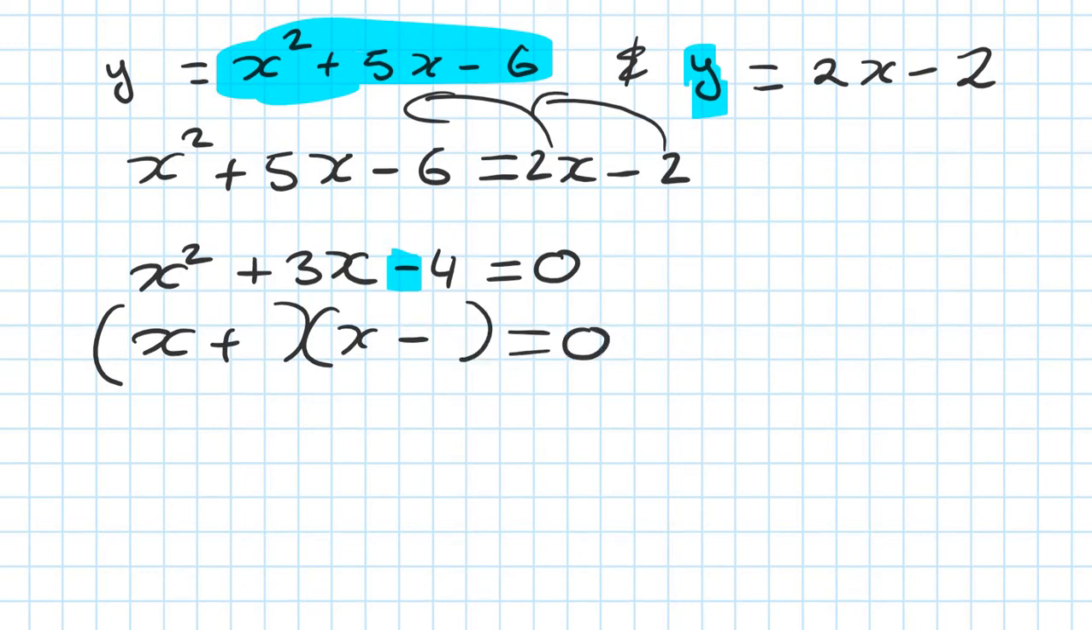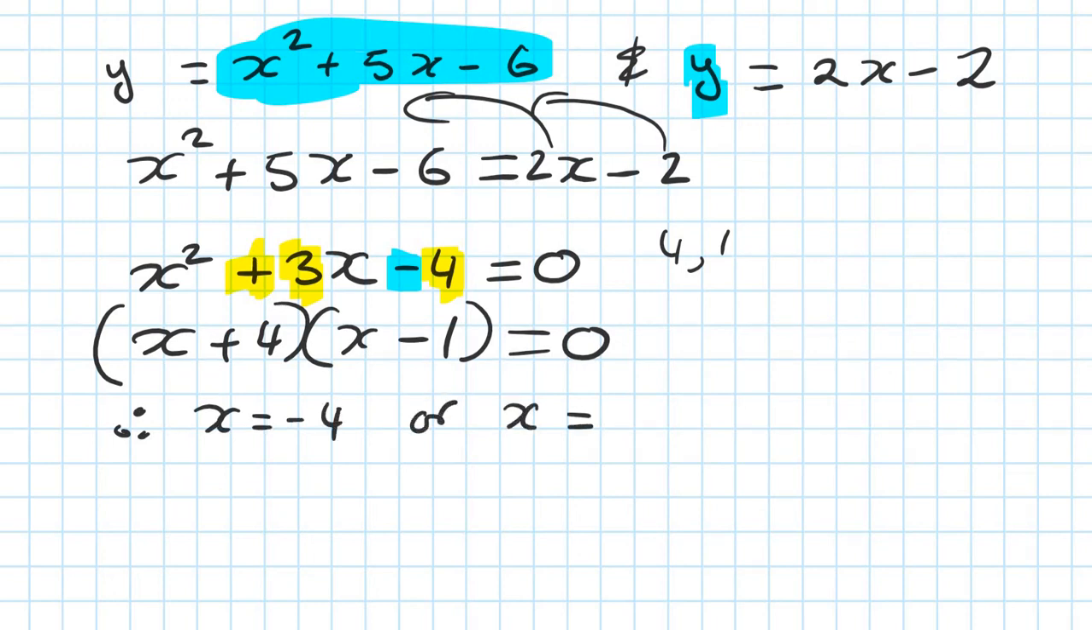Now, what times what gives me 4? Minus means difference. The difference is 3. So it must be 4 and 1, because 4 times 1 is 4 and the difference is 3. Because of positive, the bigger number goes on the positive side, which is 4 here, 1 there. Therefore your answer is x is minus 4,